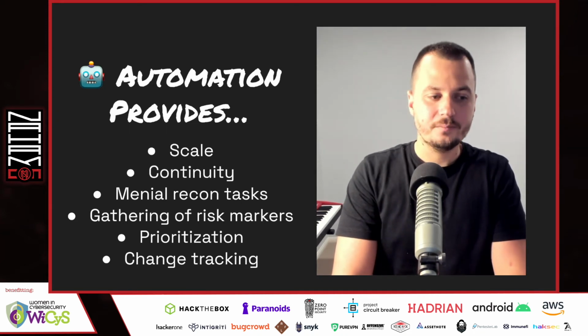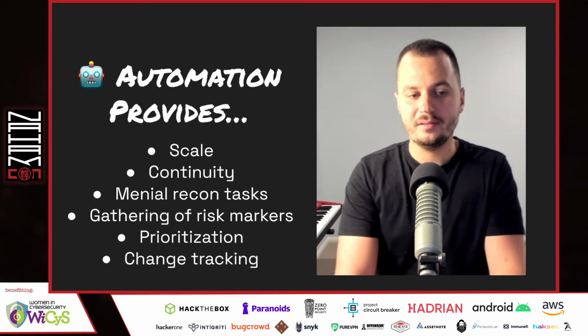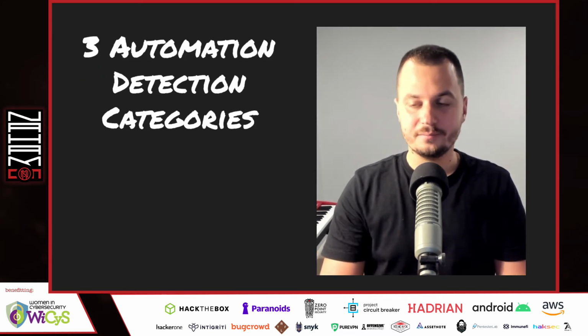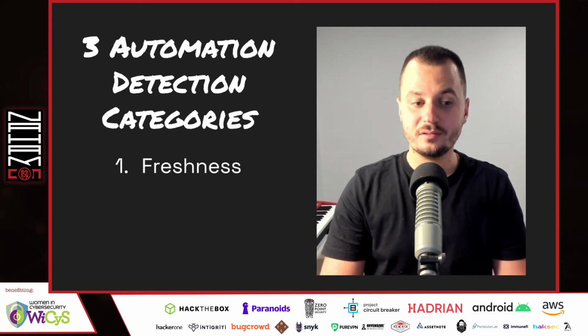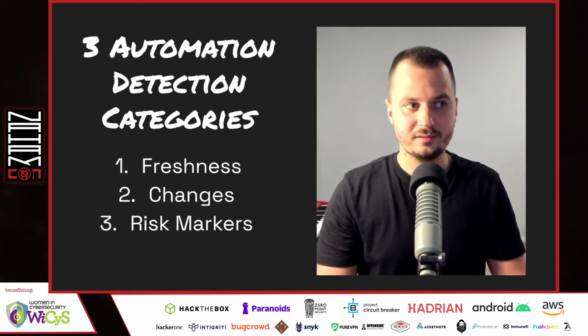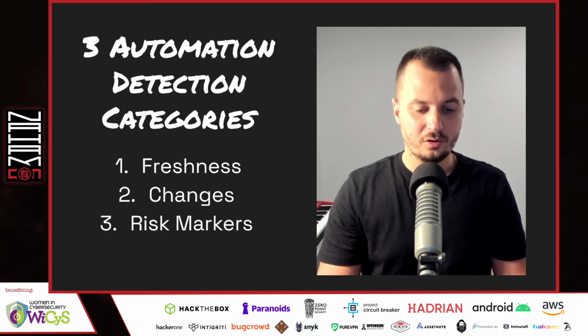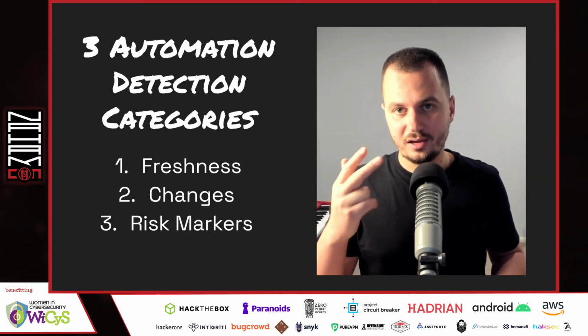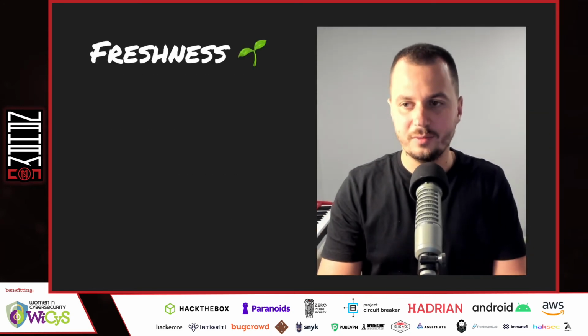Okay. So the way I see it, there are basically 3 categories that automation is good at when it comes to bug bounty automation. Freshness is one of them. Changes is another one, and risk markers. So they're detecting these 3 things in the model that I'm referring to. They're detecting freshness, changes, and risk markers, and we'll go through what each of those means. So freshness